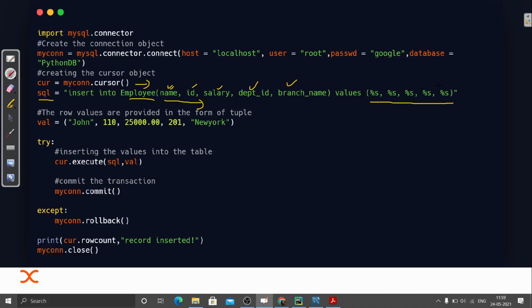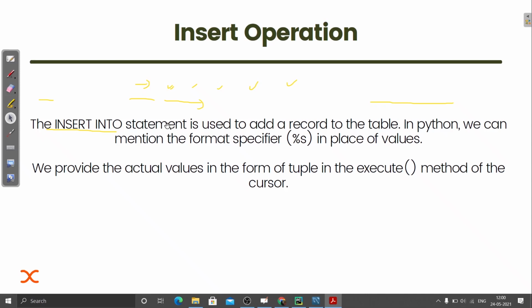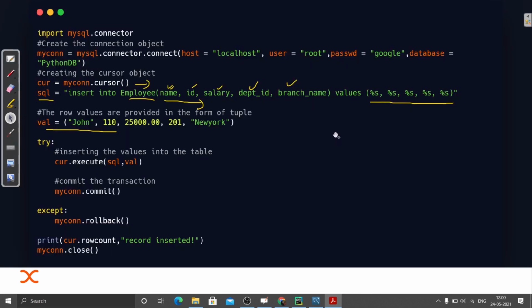Here we are passing the values, so for that you just write %s, %s, %s. I have already explained why we are using it. Let me show you here: we can mention the format specifier in place of values. In place of writing the values, we just use this format specifier.